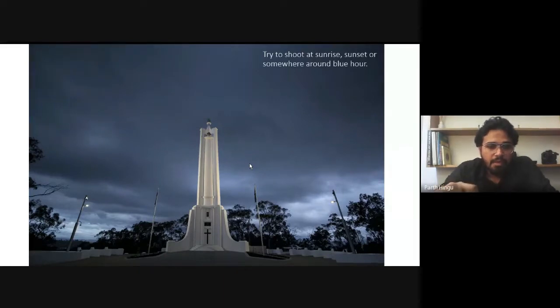You can revisit the building so many times, and you can see the mood. I went to this place and I simply took a photograph of this one.